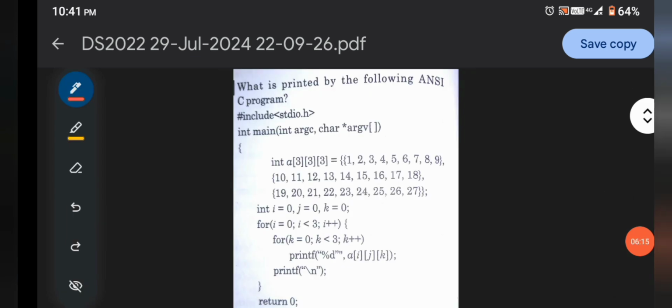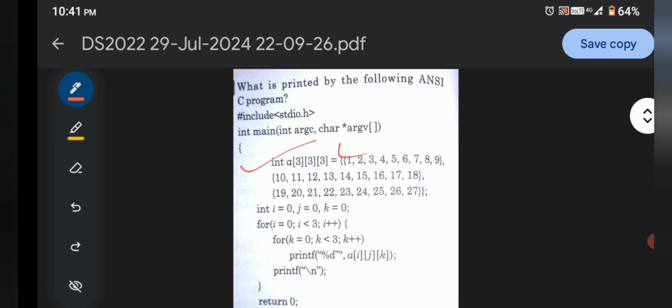So this is another ANSI C program. It is also very easy, as with the previous one. You can easily simplify this one also. Here they are giving the main function. In main there is an argument c and a character pointer argument v. Okay, now it contains an array. Here the array of 3, 3, 3 means it contains a nested array, with the variables repeated 3 times.